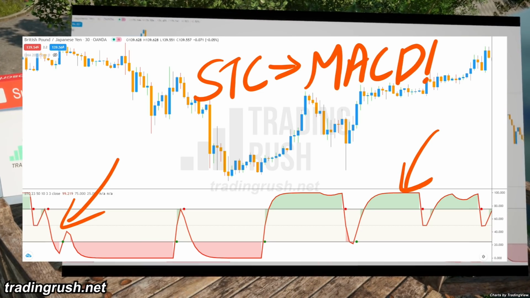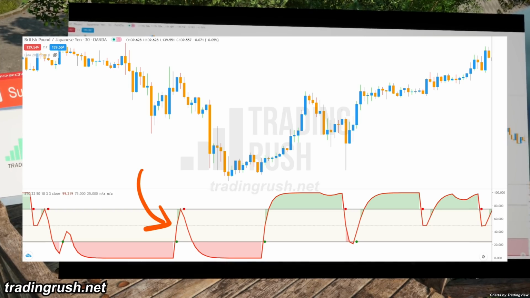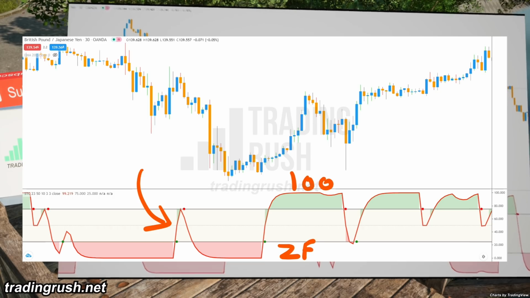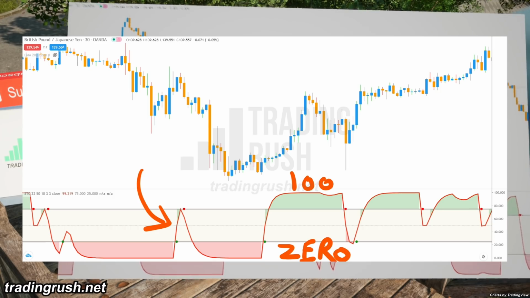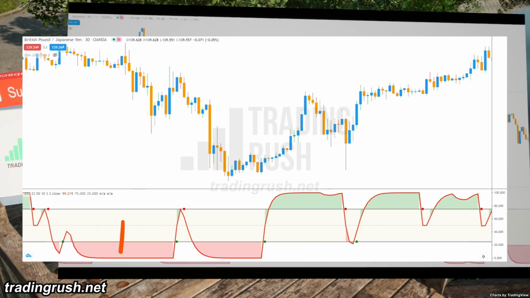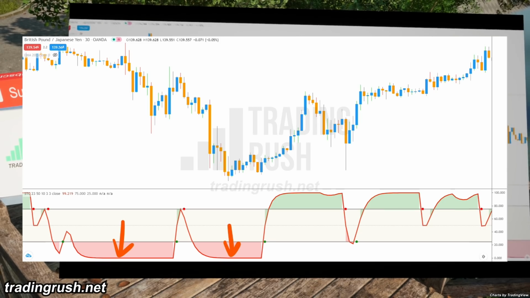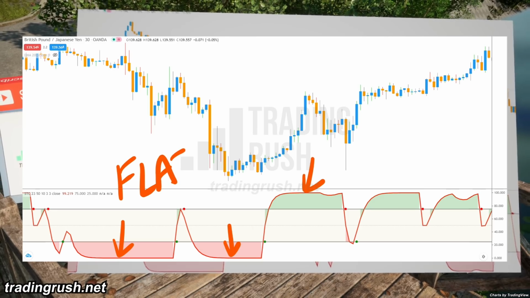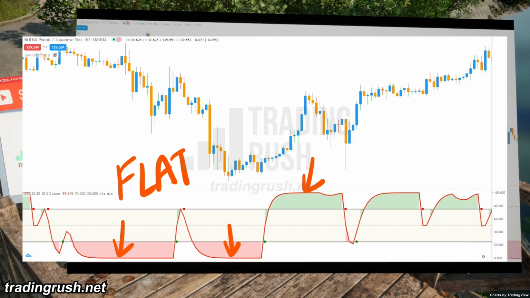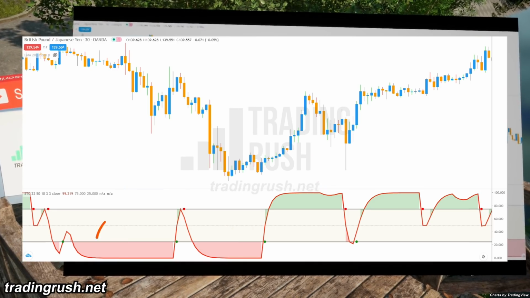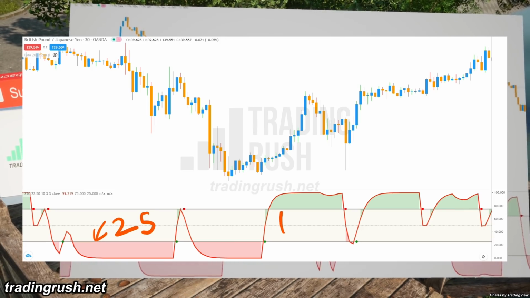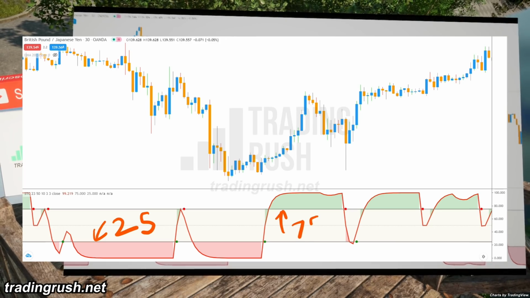On the TradingView platform, the shaft trend cycle indicator looks like this. It'll come with one signal line that will move between the values 0 and 100. But unlike a RSI or similar indicator, the signal line in the shaft trend cycle indicator mostly stays flat after entering the overbought and oversold zones. Most traders consider the 75 and above area as overbought, and the 25 and below area as oversold.